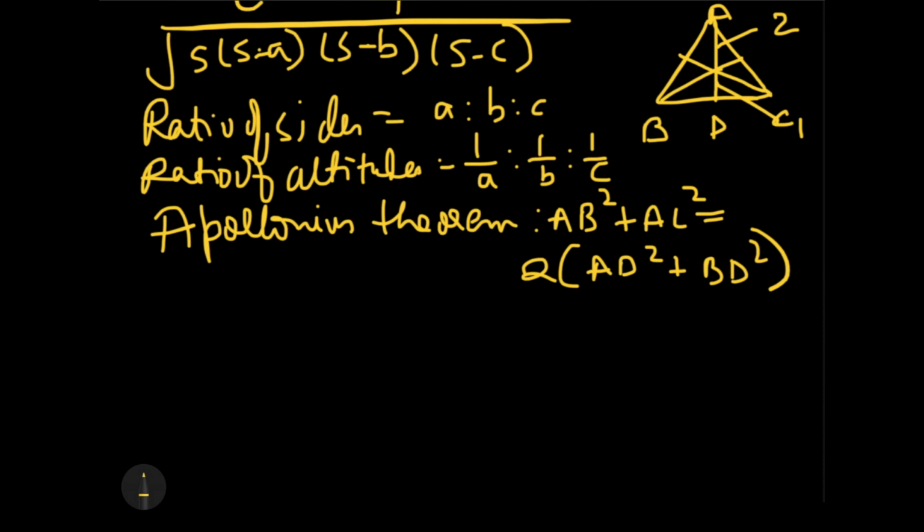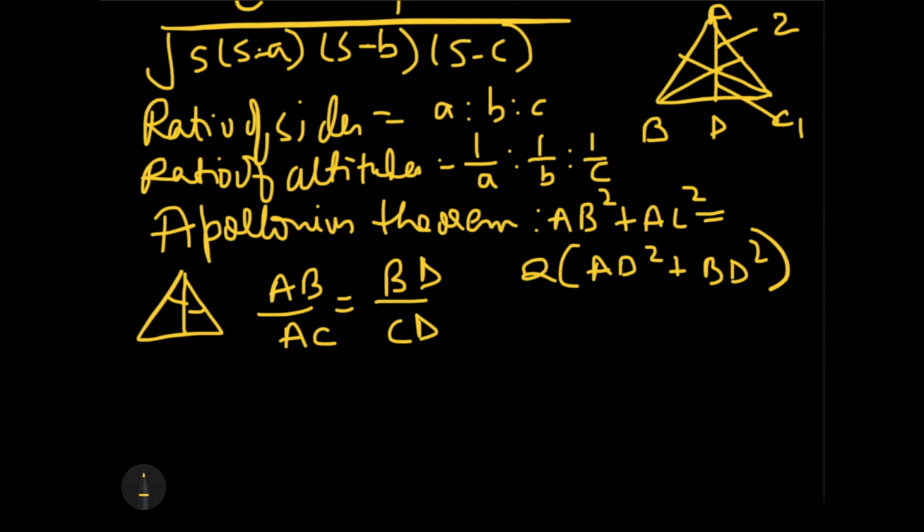Okay, and one important piece of information about angular bisectors: if there is a triangle and I know that this is the angle bisector, then the theorem related to the angular bisector says that the ratio of AB upon AC will be equal to BD upon CD. Now, where is this ABC exactly? This is A, this is B, this is C, and this is D. So, the ratio of AB is to AC, the sides ratio, is equal to the ratio of the base which gets divided by an angular bisector.